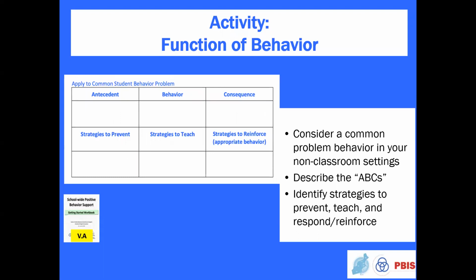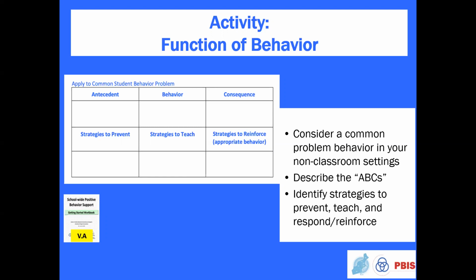Take some time now to think about a school-wide problem you have identified through some observations or discipline referral data that your school may be collecting. Use this chart that can be found in your Getting Started workbook, section 5A. First, identify patterns and antecedents, what the challenging behaviors are, and a common consequence that's maintaining the behavior. Decide what function it generally serves.